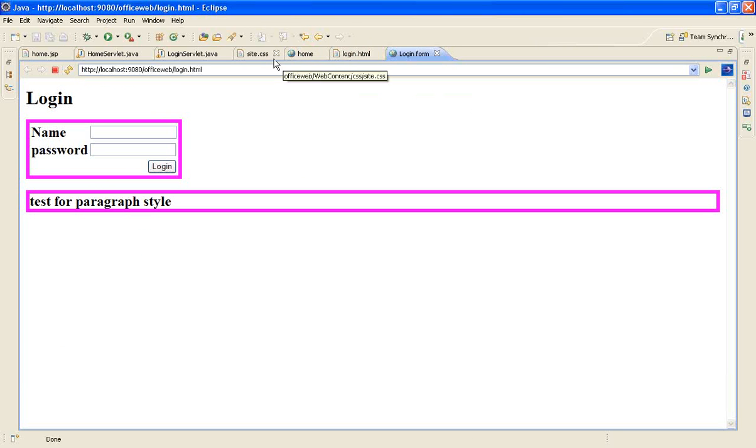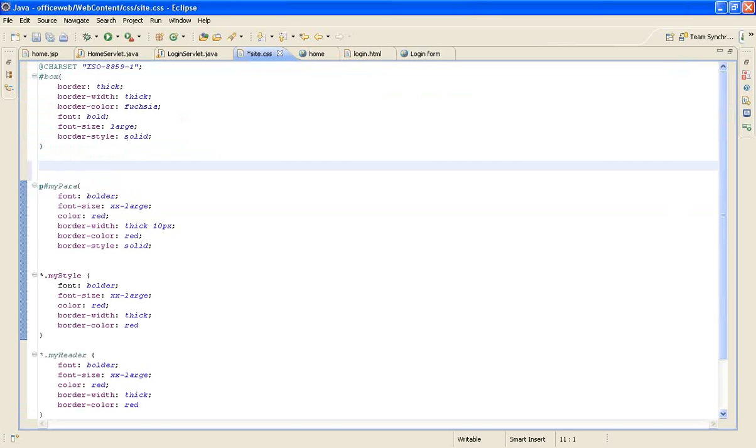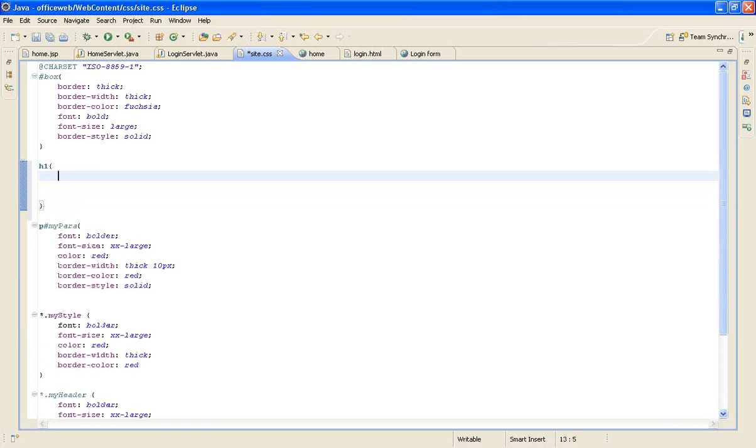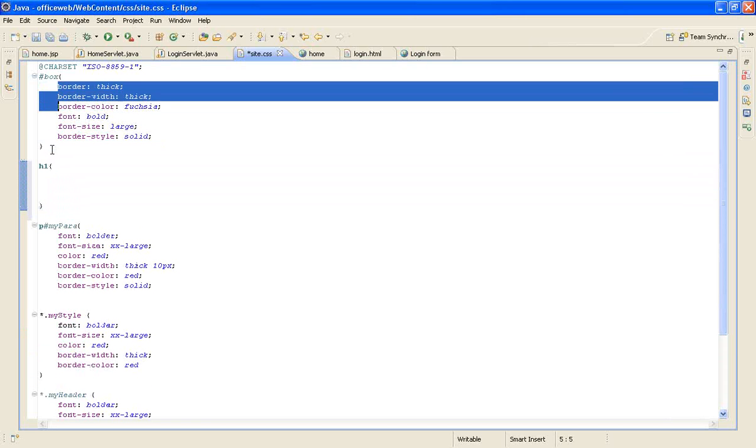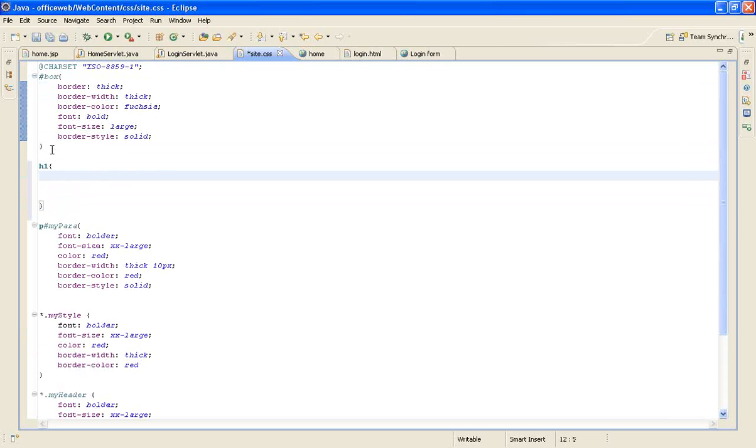Excellent. Now suppose I want to change the properties of H1, and what I want to do is put all the headers in the same style.